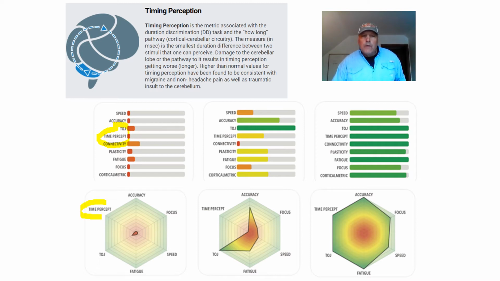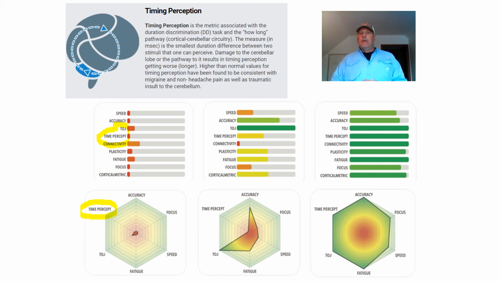And one thing to realize is that when you look at the raw scores, you'd be looking at duration discrimination. And what you'll notice is that as your duration discrimination score gets lower, your timing perception goes up. That's the same for TOJ and for amplitude discrimination. For all these scores and reaction time, the lower the score, the better you did. Faster your reaction time, the better your speed score. The lower your score means a smaller just noticeable difference that you could detect,